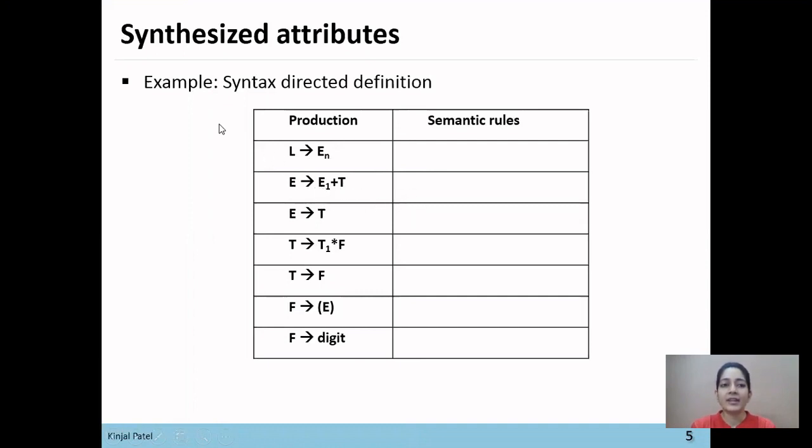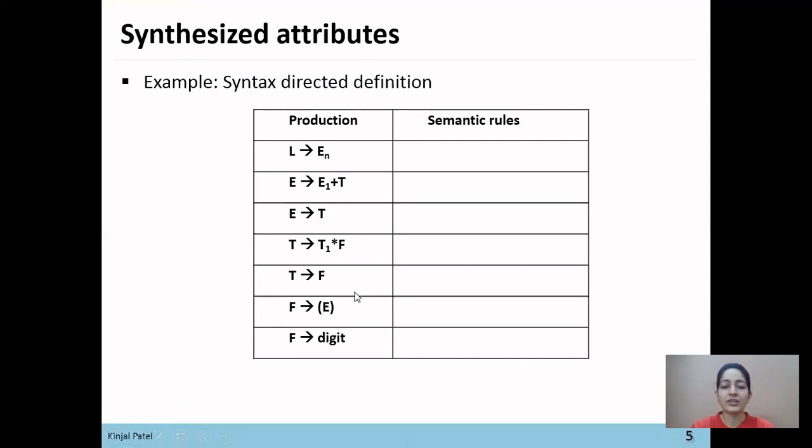Now the question is when to assign a synthesized attribute and when to assign an inherited attribute. If there are two consecutive non-terminals on the right-hand side of the grammar, then the second non-terminal will be assigned the inherited attribute only. And if there are terminal symbols between two non-terminals, or a non-terminal symbol between two terminal symbols, or a single non-terminal symbol, then we'll assign that non-terminal synthesized attributes.